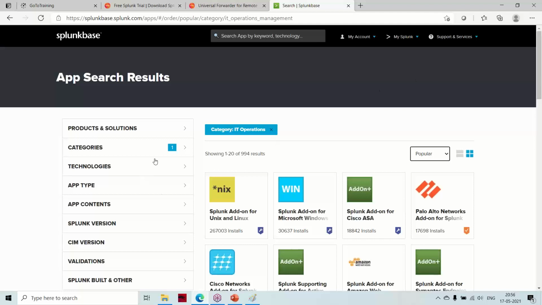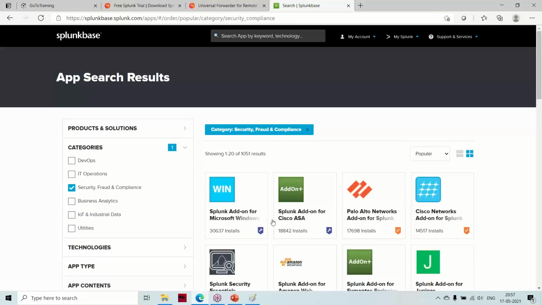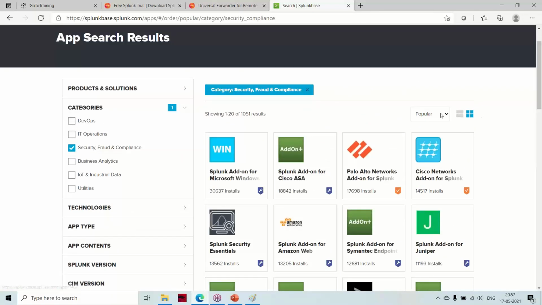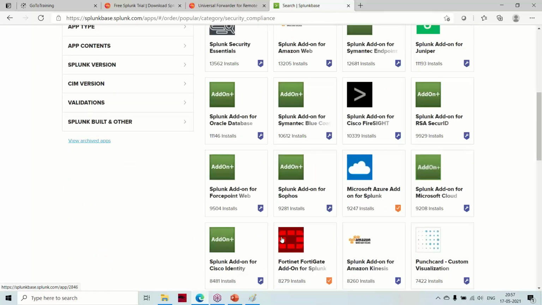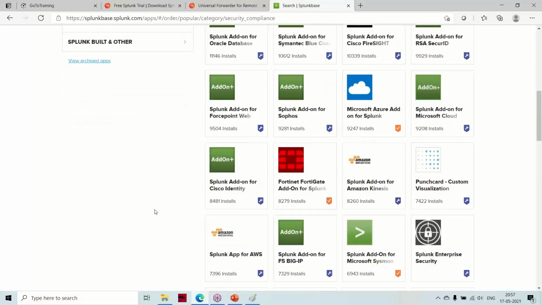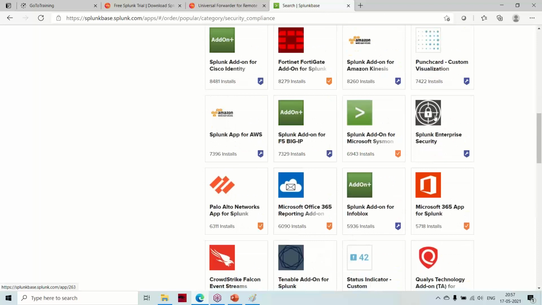Even if you go to security and fraud compliance, you have some apps for F5 logs, Big IP, Splunk Enterprise Security.